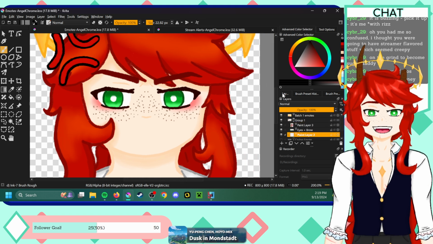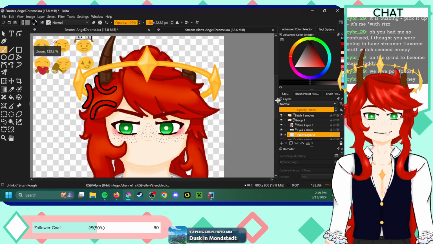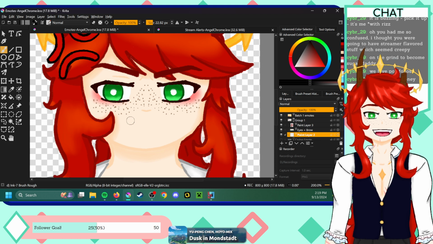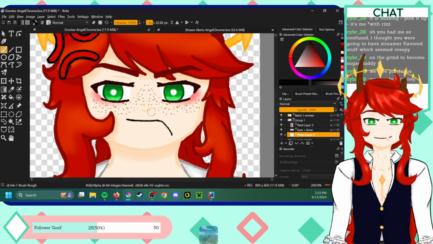Okay, now we need to grab mouth. What do I have for the mouth shape? Okay. That I can actually probably do on my own, not have to go looking up stuff. As slanted as that, but